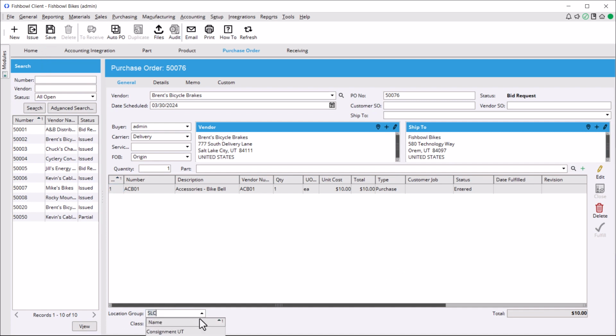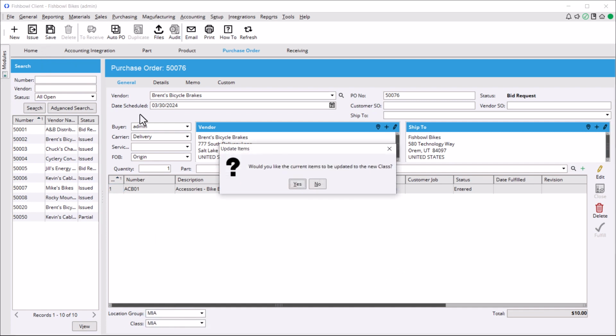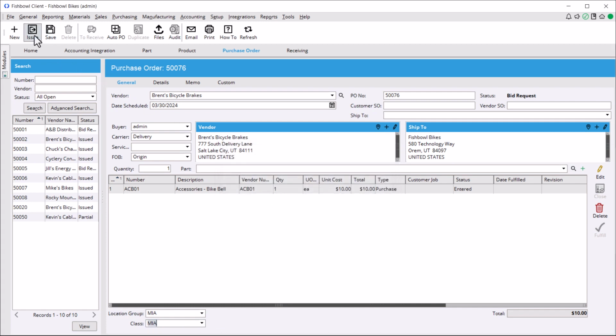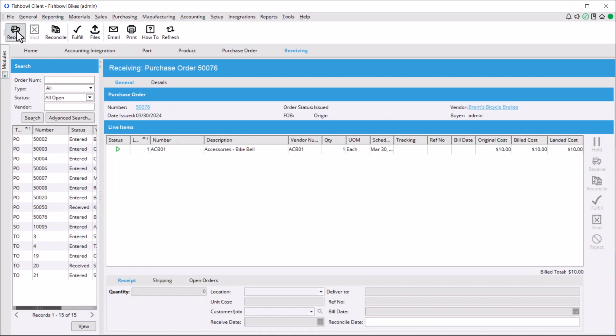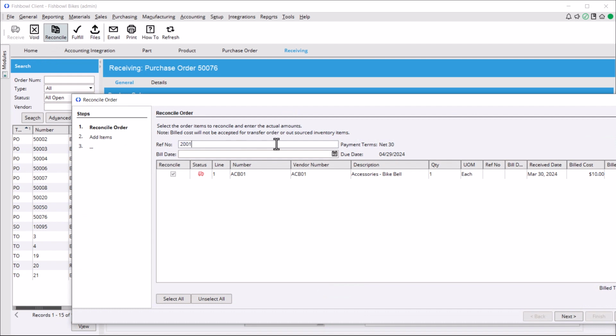And let me change my group here. All right, I'm going to issue that. And now I'm going to go receive it. I'm going to say that it's been received and that it's been reconciled. We'll call this invoice 2001. We'll use today's date